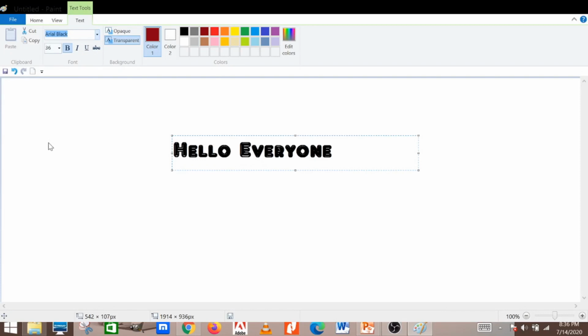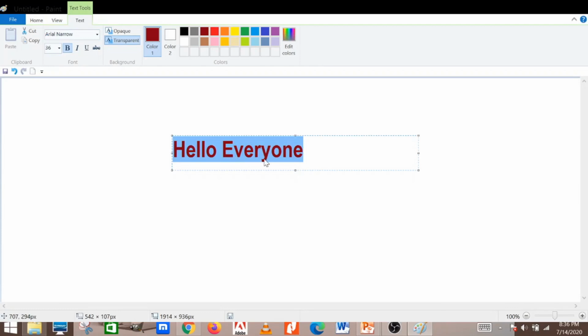So lots of names are there. These are the names of these fonts. Now we need to change it. Suppose we select this one, Arial Narrow. So your font is changed. You can see that.